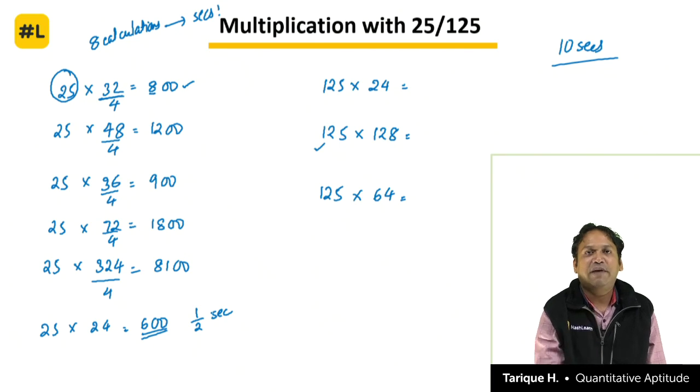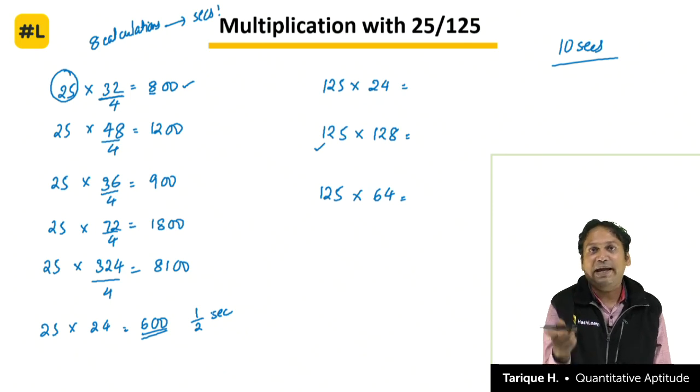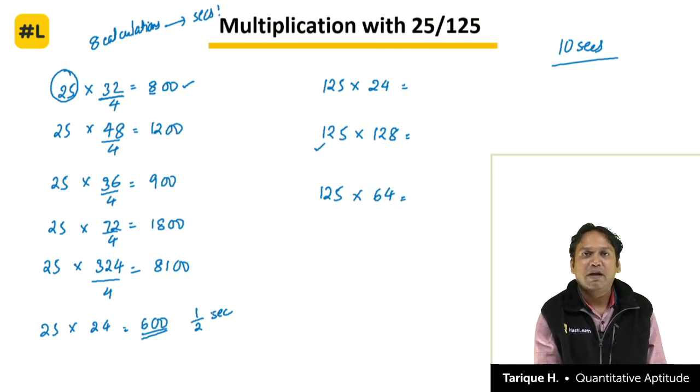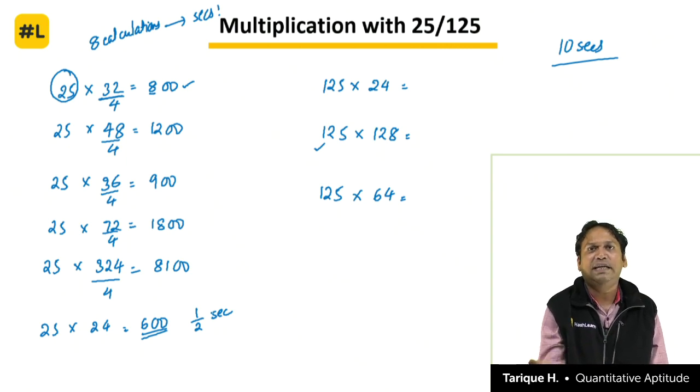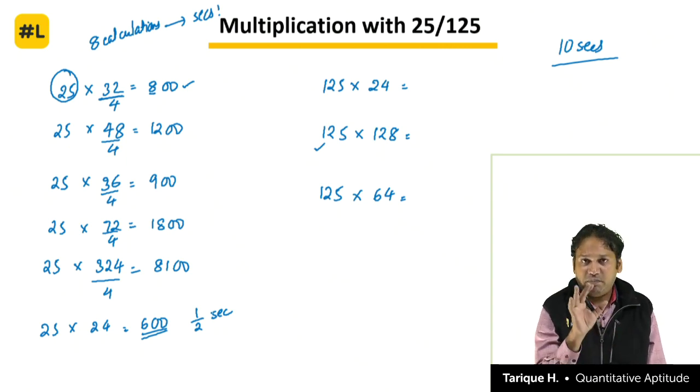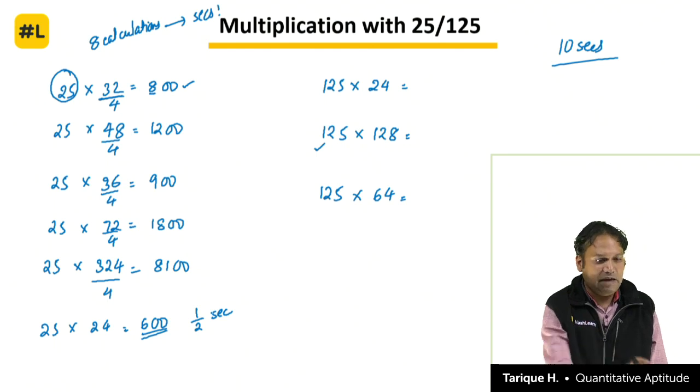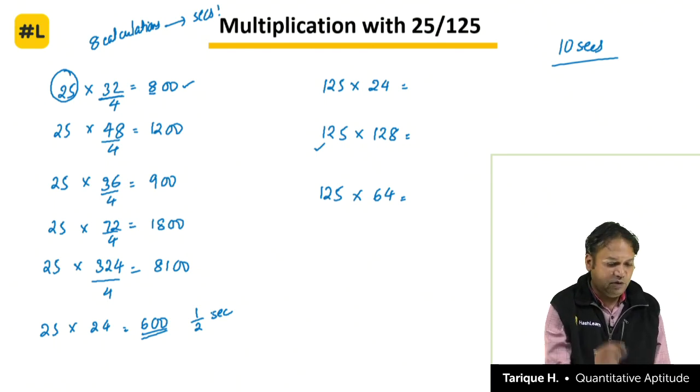Let's say for example 25 into 52, 1300, because you know 4 into 13 is 52. If you don't know that, go back and learn your multiplication tables, right? 25 into 76, 1900. Why? Because 4 into 19 is 76. ठीक है, तो मल्टीप्लिकेशन टेबल भी याद कर लीजिए. ये आप 5 सेकंड से भी कम में कर लेंगे, 3 सेकंड में हो जाएगा ये जो 5 कैलकुलेशन किया